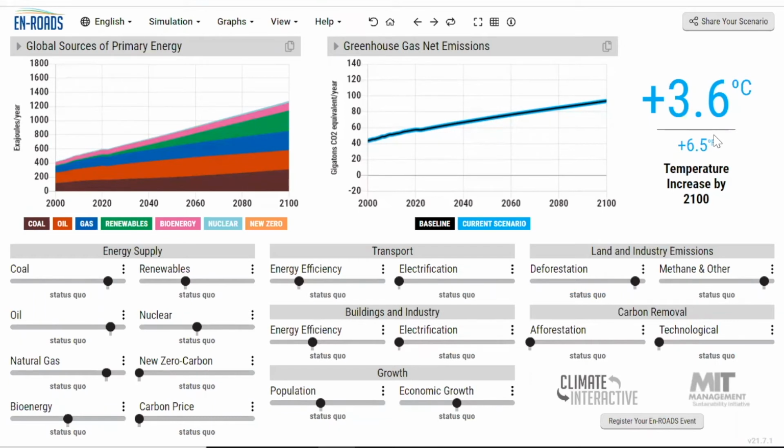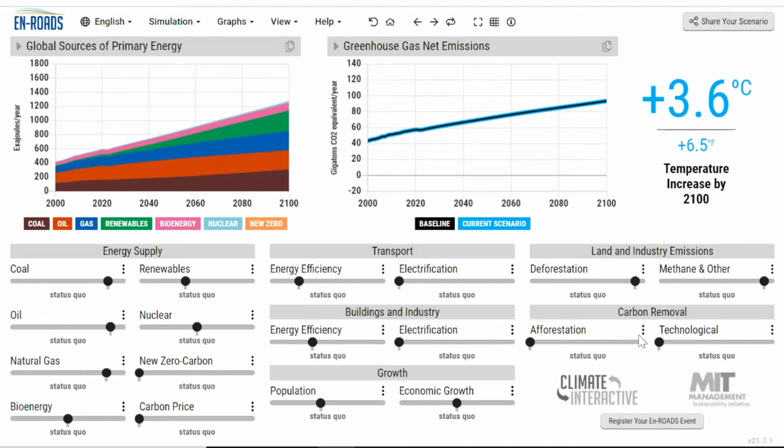It's at 6.5 degrees Fahrenheit if we do nothing at this point. But experts have told us that if we want to avoid the worst impacts of climate change, if we wish to avoid the tipping points, we should try to keep that average global temperature under 2.7 degrees Fahrenheit. So that's what our goal is going to be, is to reduce emissions so that we can keep this temperature increase under 2.7 degrees. Down below is a whole host of things we can utilize to reduce emissions. So let's start digging and start looking at them.